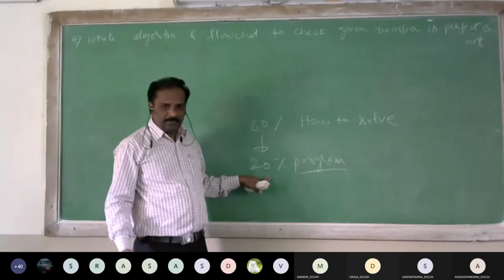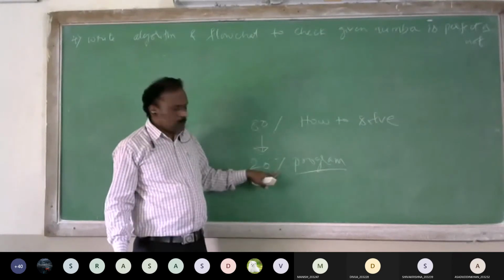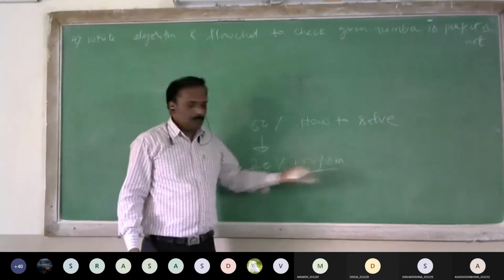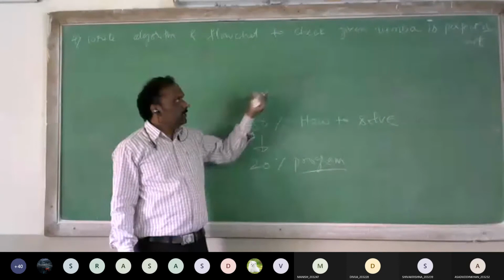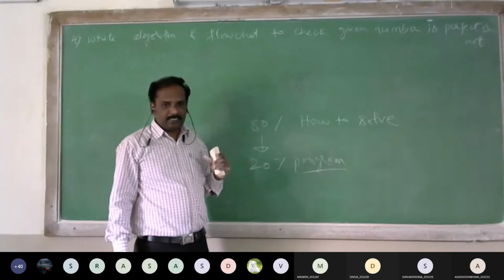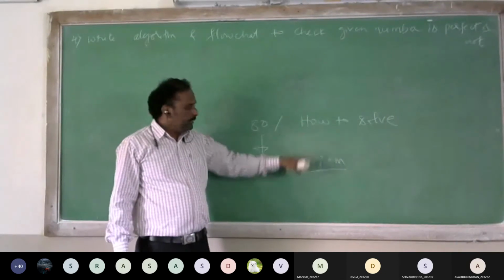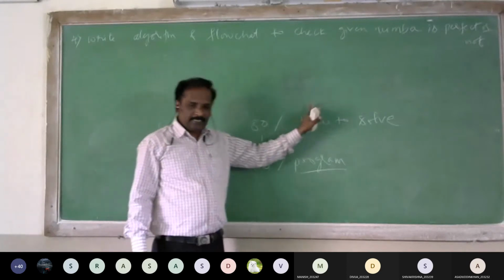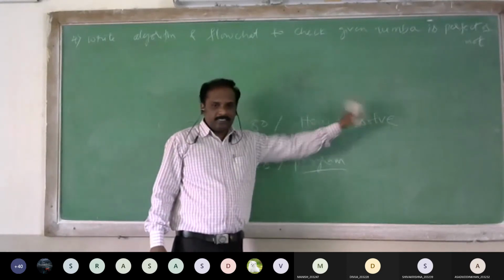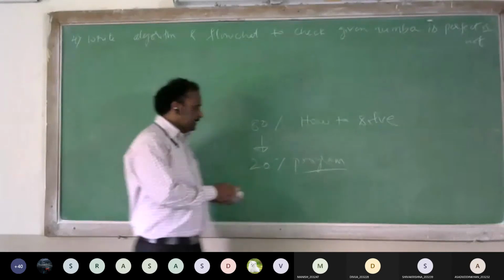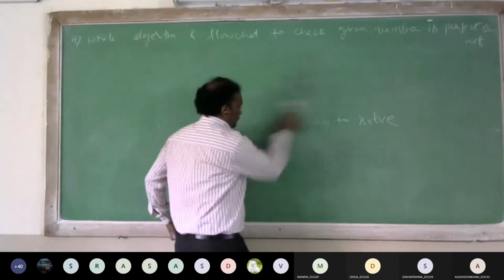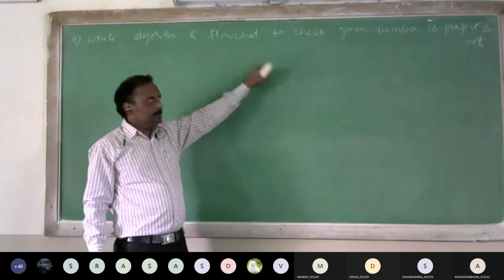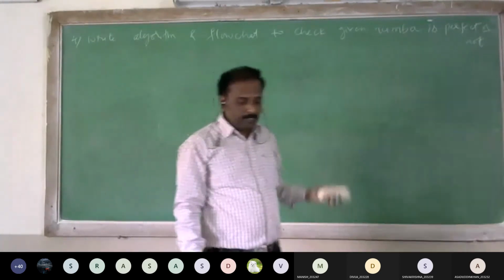Once you know how to solve the problem, we only need to use a programming language. We are learning C. If you want Java or Python, you have to use Python constructs. If you are learning C, you have to use C constructs to get the output from the computer. That is all about fundamentals of computer science: how to solve the problem and implement it in the computer. That is what we are studying, fundamentals of computer science using C language. So students, try to write the algorithm and flowchart for this problem, perfect or not.